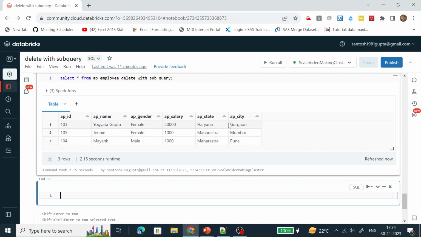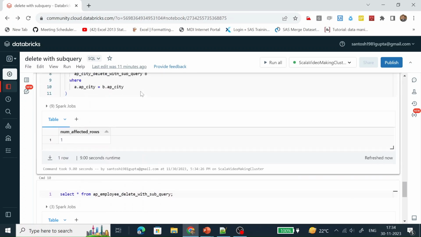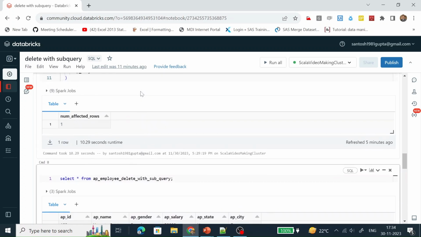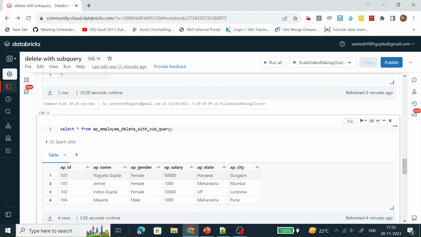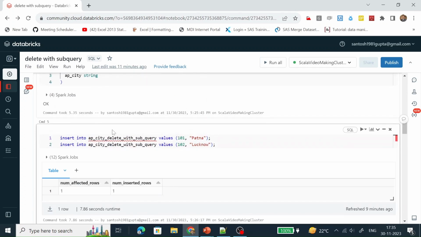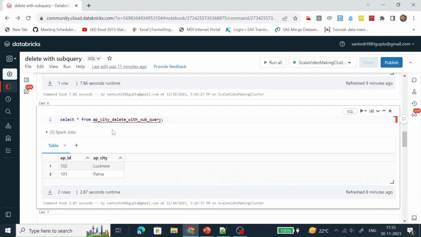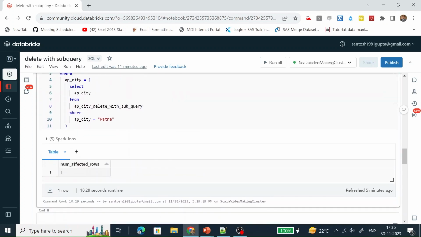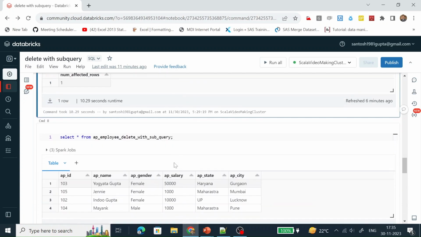So it has only 3 records. Let's see which are the matching ones. Let's go on the top. Lucknow and Patna are the two cities present in this city data. Here we have deleted Patna, so only Lucknow data is left.